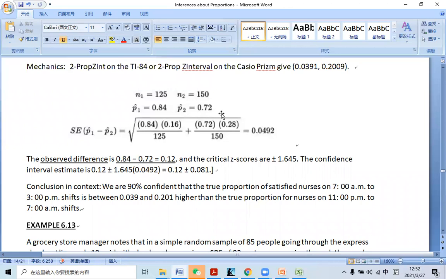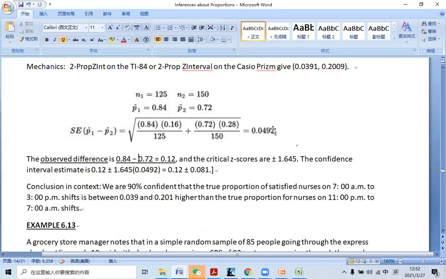For sample 2, the proportion of satisfied nurses is 72%. And you times it with the complement, 1 minus 72%, that's 28%. The sample size is 150, you divide it by 150. And then you do the math, that's